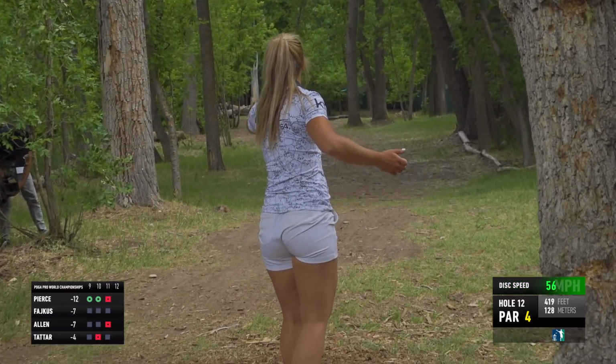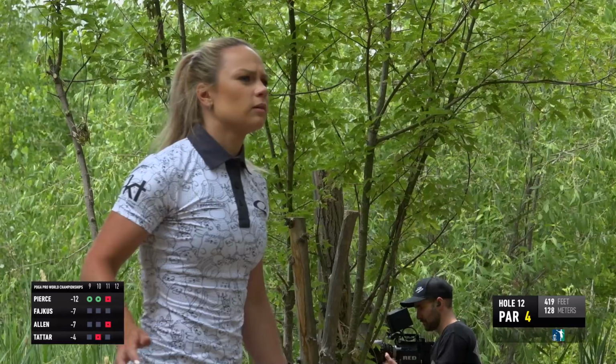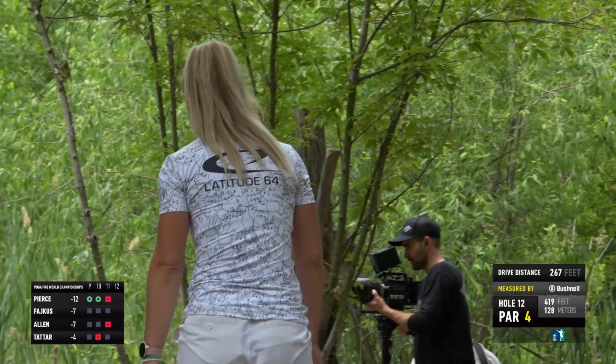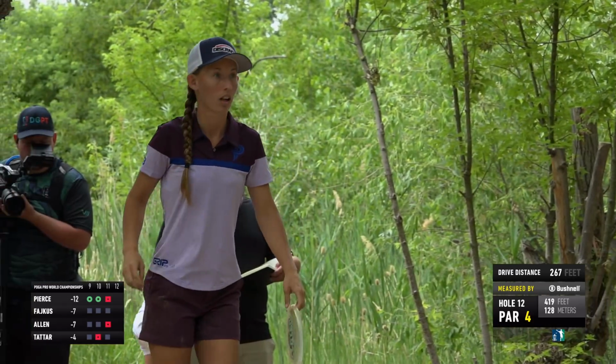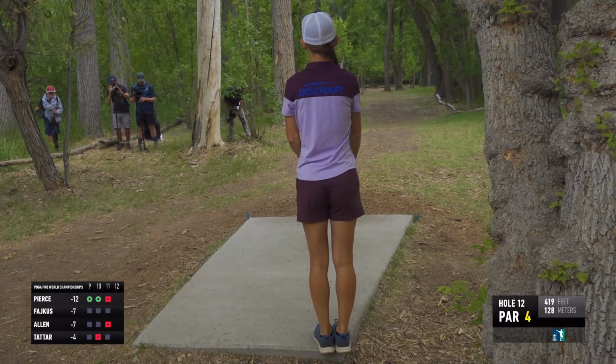I believe this is a Claymore from Kristen. Playing it out to the left, and the tree says, nope, you're going to be right. Okay, don't mind that. Paige Pierce with a fierce